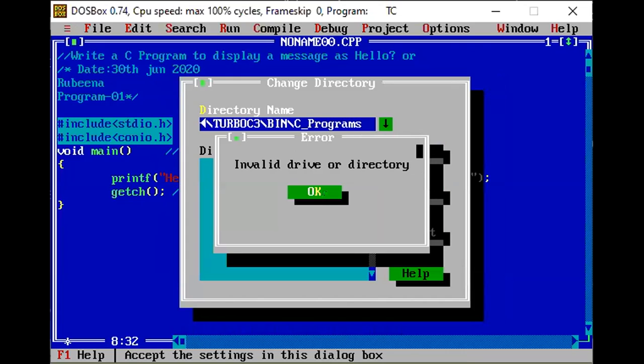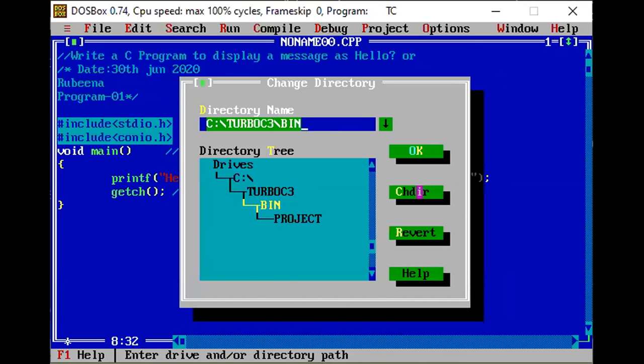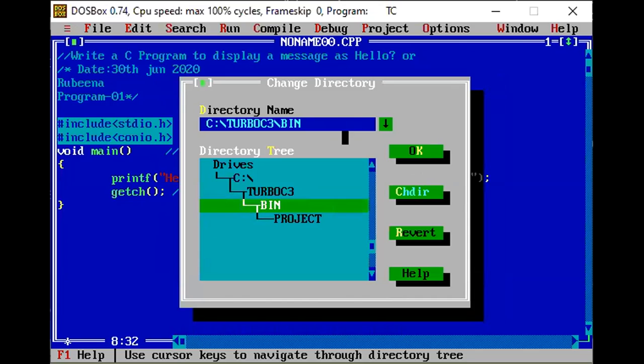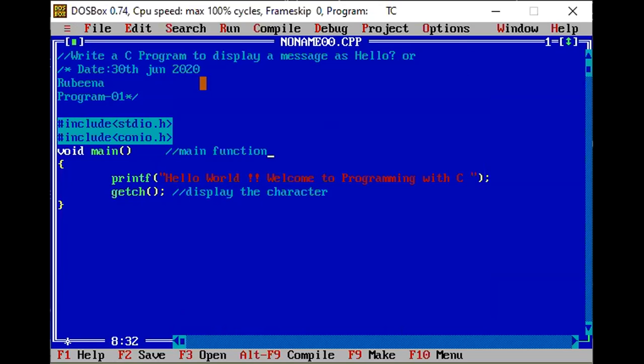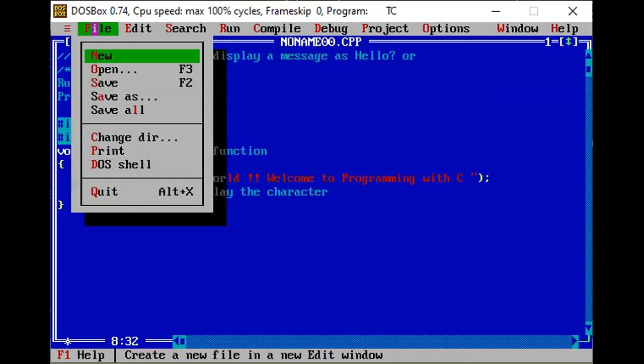So it is for creating. It will allow us to create it outside the main.